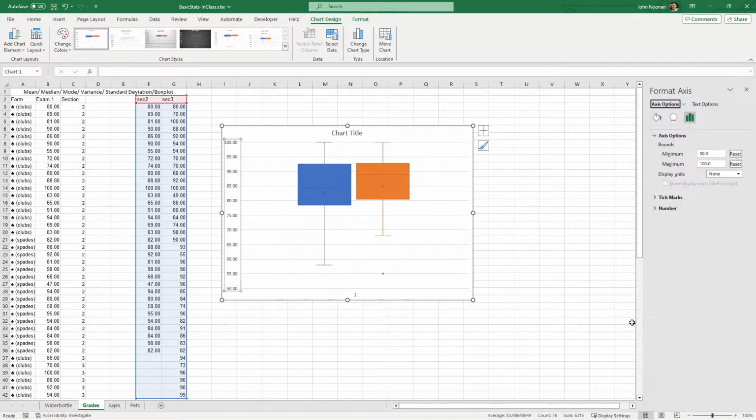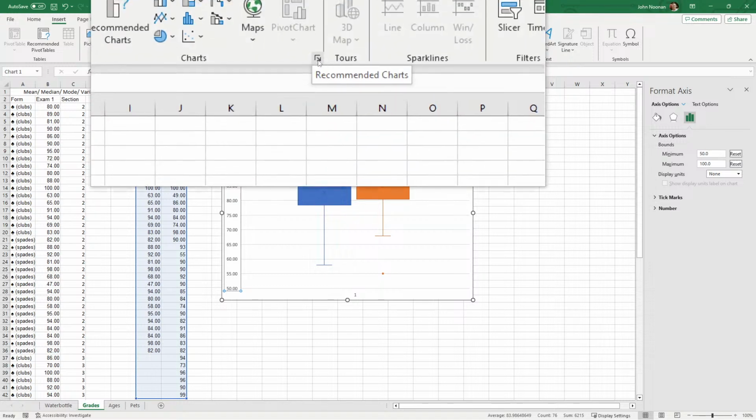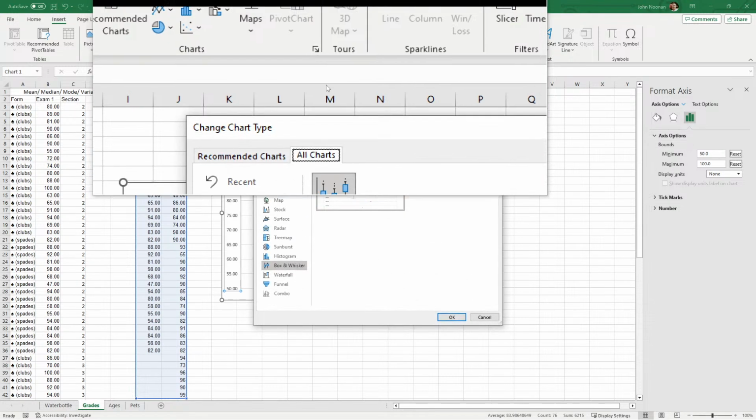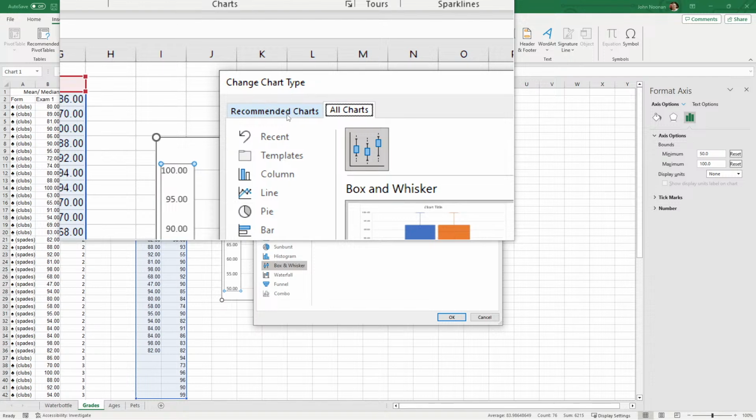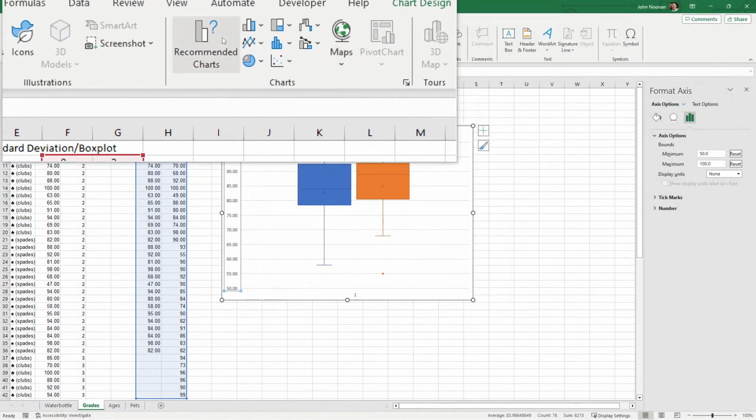The Macs don't have the all charts option. Oh, the Macintosh doesn't have all charts? Ah, irritation. Okay, just a minute. Let's see. So when you click insert, is there like a little, here, just a minute. Is there this little arrow here? No. And you don't have all charts? No. What a ripoff! But you have all of these up here?